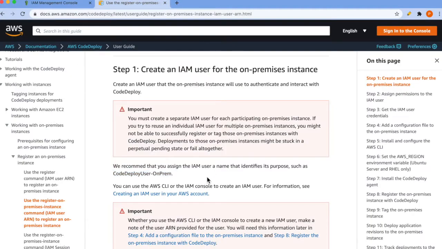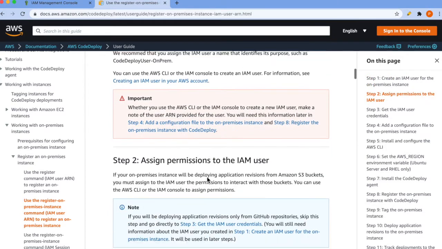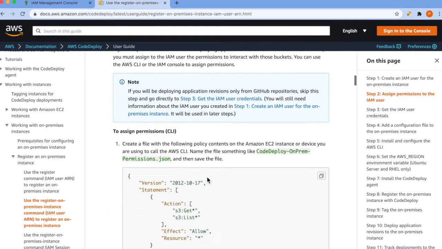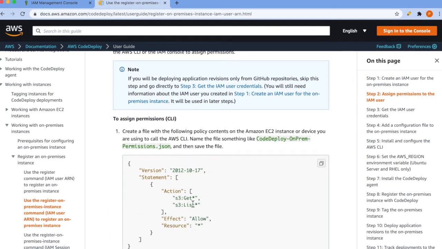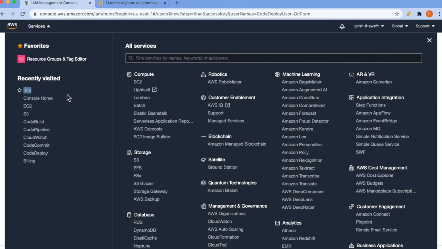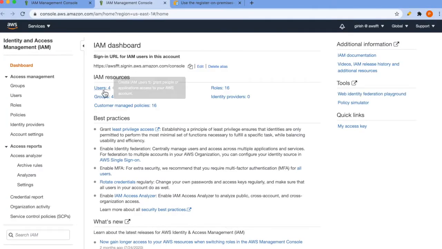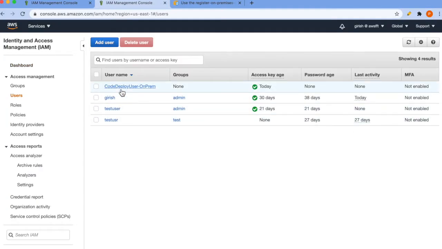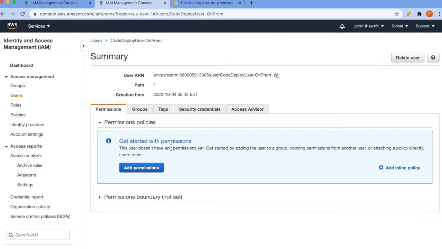Step 2 is to assign permissions to this user. Basically, it should have S3 get and list permissions, so read-only access to S3. Go back to the IAM homepage, navigate to the user and add S3 read-only access to it.